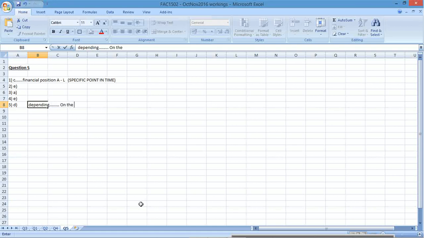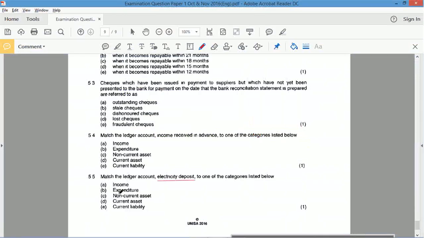So depending on the time frame, deposits could be long term, non-current, if greater than 12 months. So it's a bit of a toss-up between non-current asset or current asset. Because it's electricity, I would go more current asset rather than non-current, because it's not really a tangible asset like property, plant, and equipment. The deposit would also be quite small. But definitely not an expense, because electricity is an expense, but because this is a deposit,